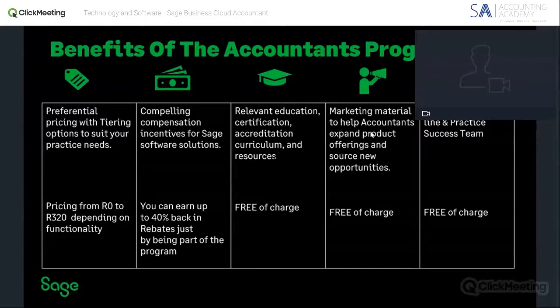We give you a person to assist you with that, and we do actually partner up with you with some of these marketing initiatives so that you can market your business better and attract more clients. So those are just some of the benefits that you get. There's actually a lot more that I'll go in depth with that you get as part of the program.